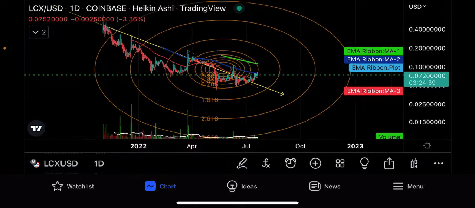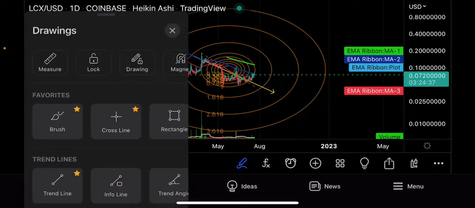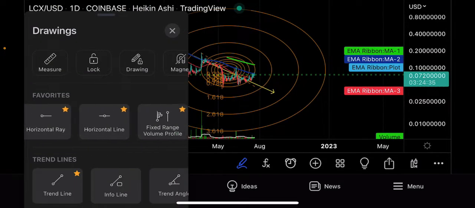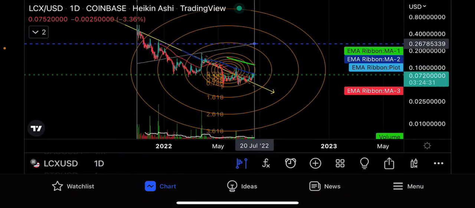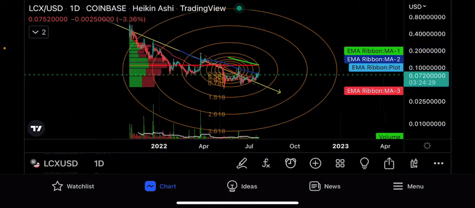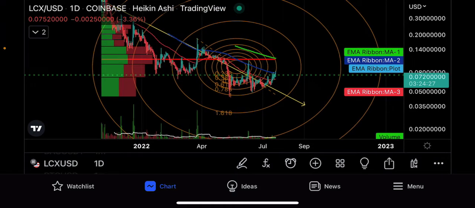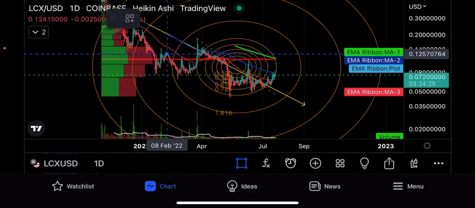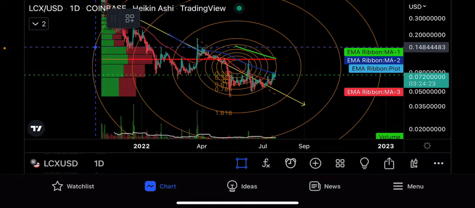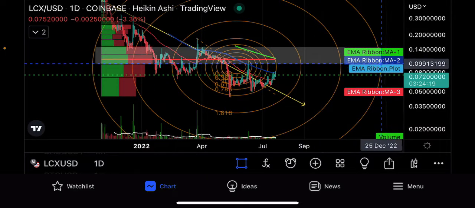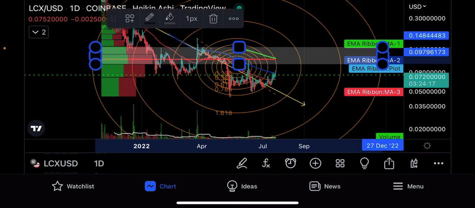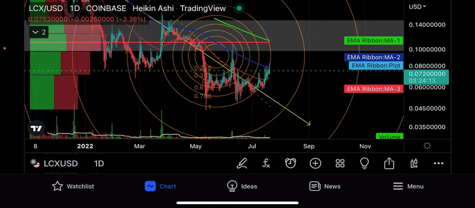And then we need to put our volume indicator on here. And that's going to give us all the dirty details that we need. So the VIX volume range profile, you're going to go from the beginning. We'll bring it down here to keep it out of my way. And you can see right here, most of the volume's been traded up here. And this is probably the major area that you're going to target next, are these two candlesticks up here, and these are going to be your major overhead resistance, right? And we're going to go ahead and lock that in there. This would be your major overhead resistance on this pump